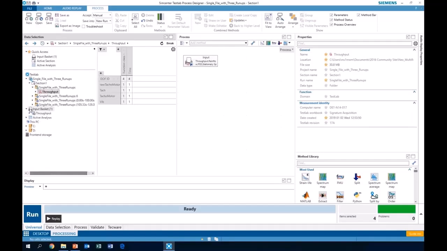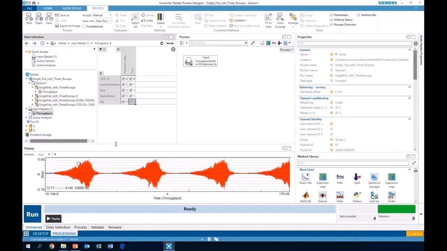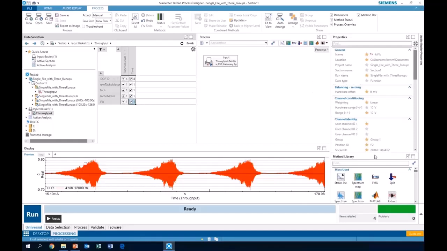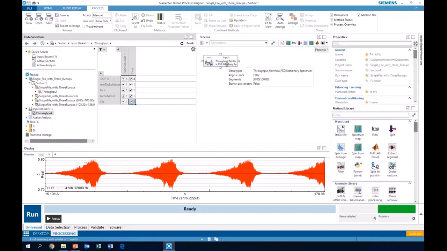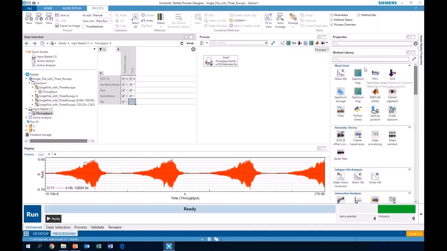And there is still an input basket, so I've selected some time histories for processing. And I can select time histories from a bunch of different locations. What's a bit different with Neo, go to my input basket here, I can look at the vibration or whatever, so I can see the data that I'm going to process. What's a bit different is that we have this thing called a process designer. And in this process designer, there are a number of libraries that I can pick things called methods from, and methods define how I want to process this data.